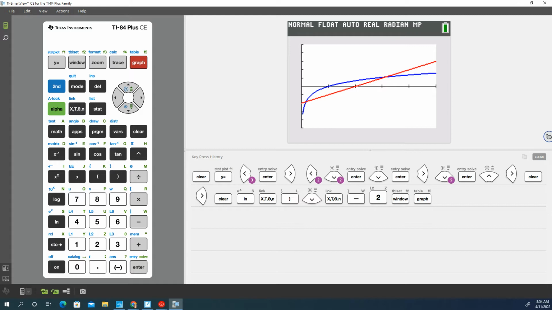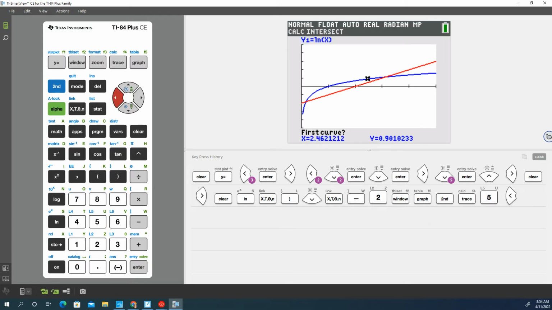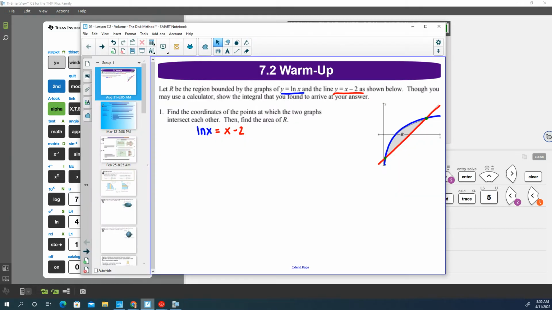So to find those points of intersection, we're going to go second calc. Where do these intersect? So 5. It's going to ask you first curve, so I'm probably going to start with this left bound over here first. First curve, get close to that point. Second curve, and it'll guess it for you. Okay, here we don't get an exact value, and we're just going to store this number in our calculator. So we can write this as one of our intersection points. x equals